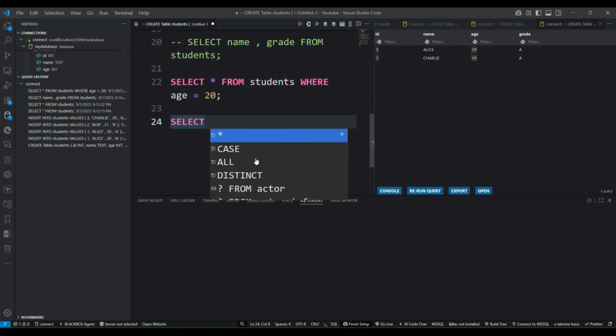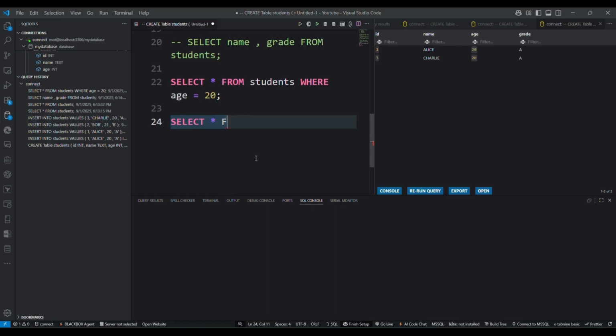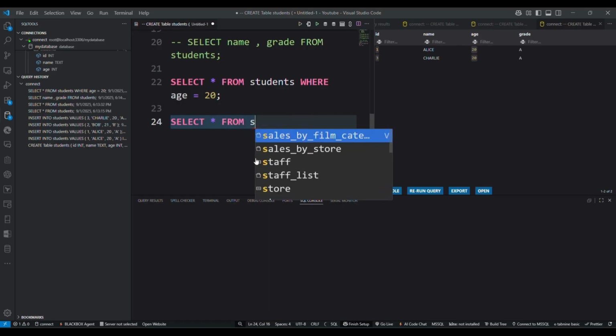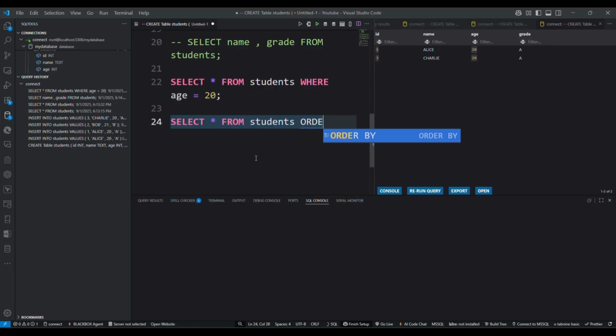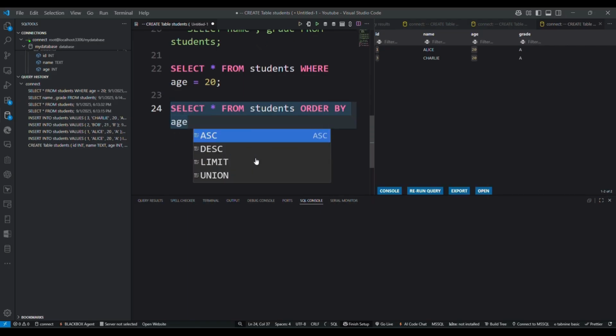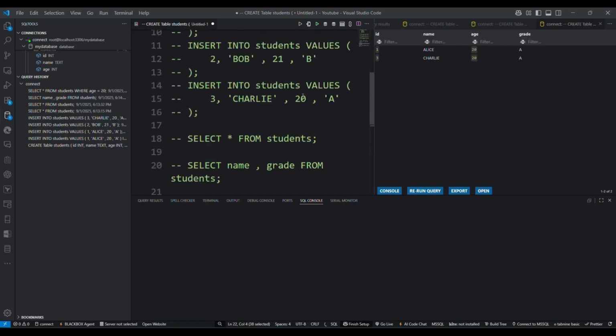So if you want to sort the data, this sorts the results by age with the highest age first. DESC means descending. If you want ascending order, you can use ASC.